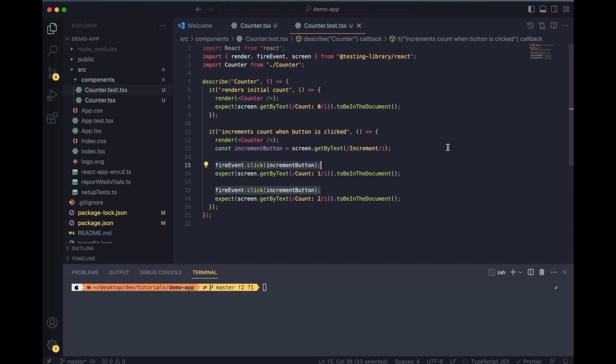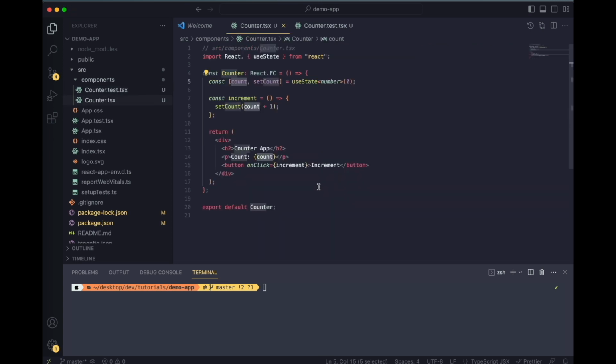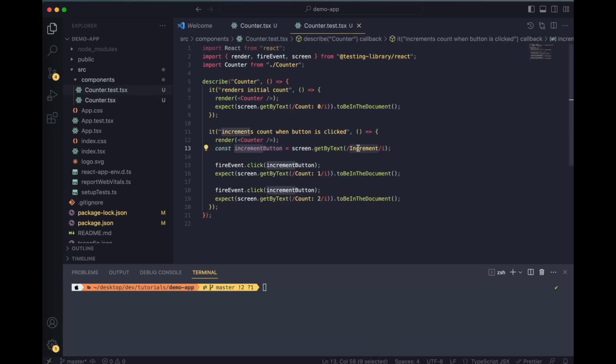Generally you go to a web page and click buttons, but those buttons you are actually clicking manually. In order to click them automatically behind the scenes with the use of Jest, we will use these fire events. Inside fireEvent, we have different methods. In this case, we will just use click. First of all, it's trying to find this increment button. The name of our button is increment. So it will get this button and store it in this variable,